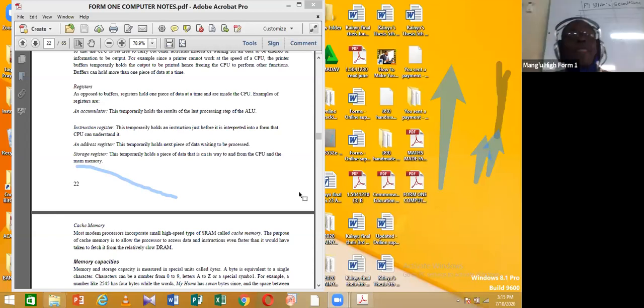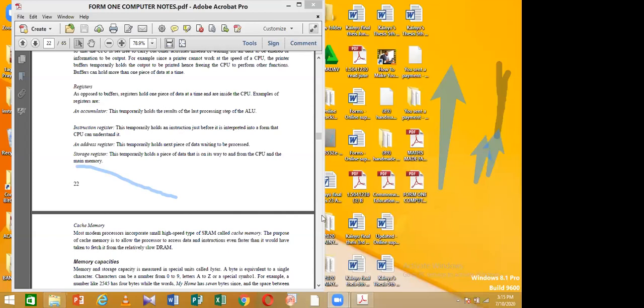Now, apart from the registers, we also have the cache memory. The cache memory, on the other hand,